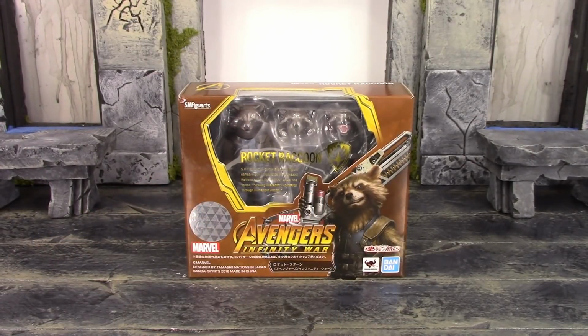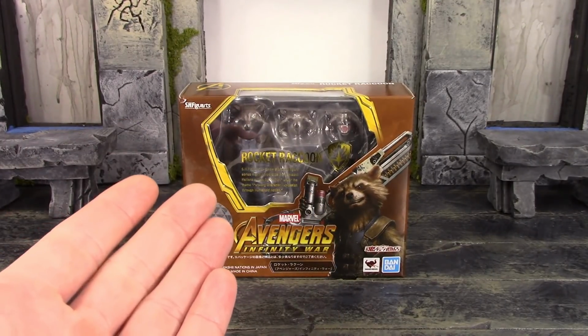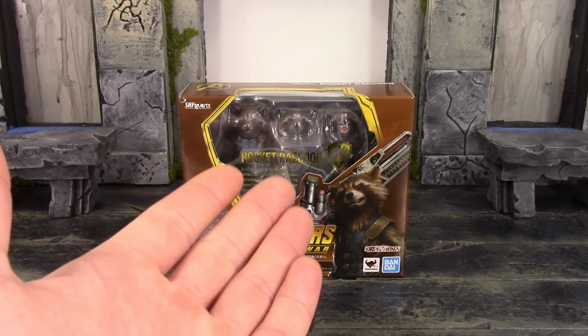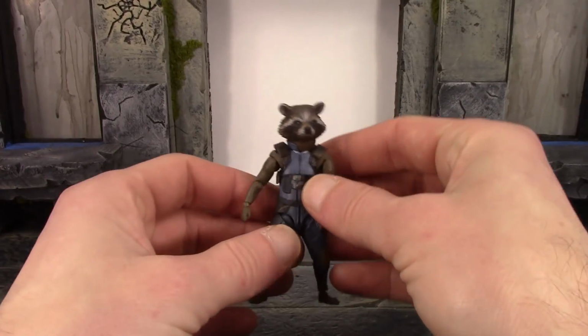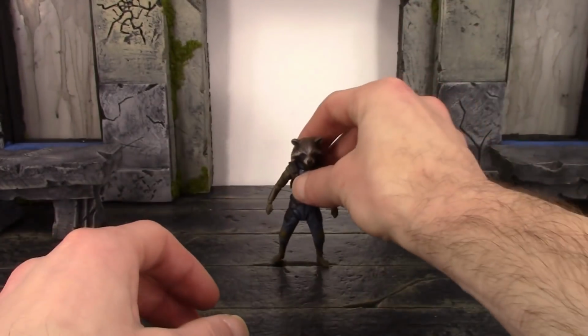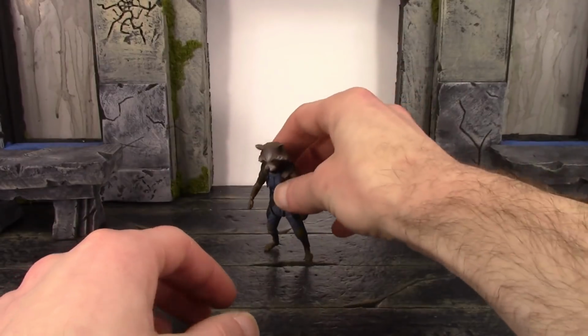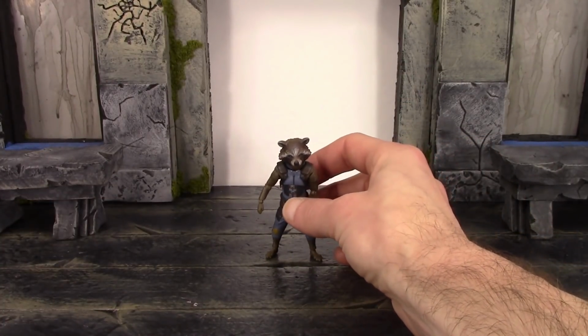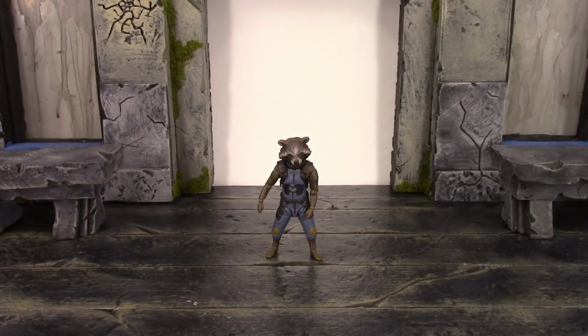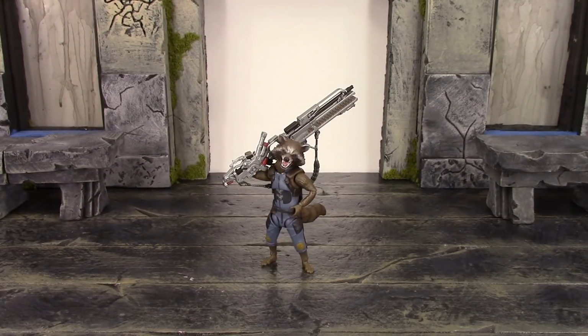So we do get the window right there on the front of the box, and on the window in gold does say Rocket Raccoon. And damn it, man, why do I keep messing up? Rocket Raccoon figure. We got with the previous Racket. Damn it, why do I keep saying Racket? I think I'm combining Rocket and Raccoon, and then out comes Racket. And for anybody who is curious, I forgot to mention that Rocket